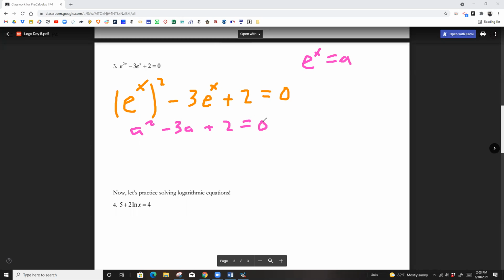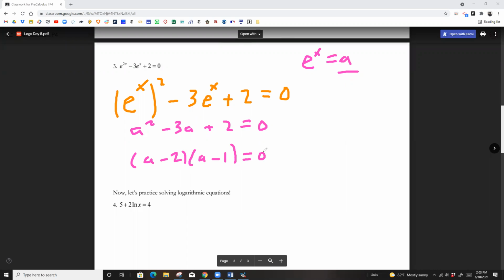And basically you could take a part of an equation that's kind of complicated and substitute it for something more simple. And then later, whatever you get for a, you could plug that back in there. So it's basically like you're taking one complicated equation and breaking it down into 2 simpler equations. So now we could solve this purple equation on the bottom here by factoring. So you get a minus 2 times a minus 1